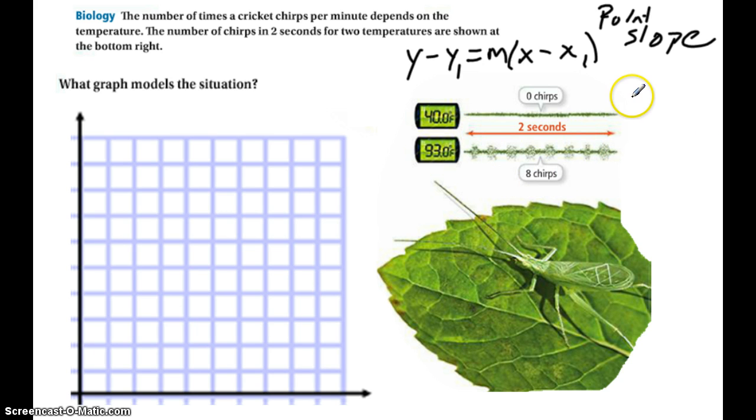So if we want to think about this in the form of coordinates, we first have to think about independent and dependent variables. Remember, independent,